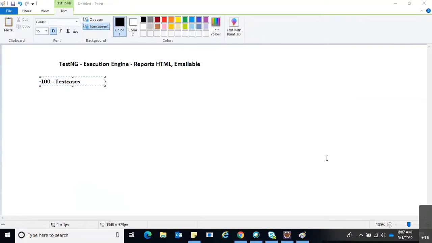Can we pass values dynamically while executing the test script in Selenium, like parameters? Yeah, we can, through TestNG. We will be passing parameters through TestNG as well. You can send the parameters while using TestNG. We will discuss all those things in further sessions. Yeah, it is possible through TestNG.